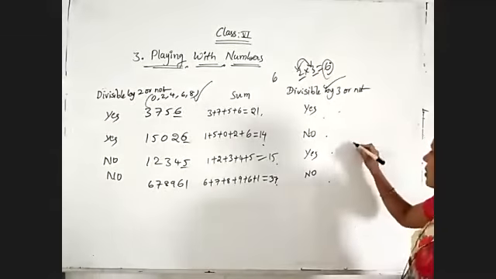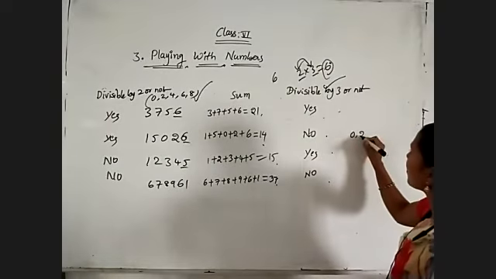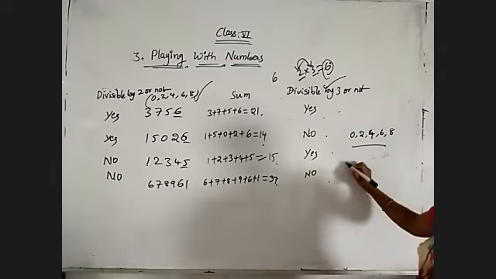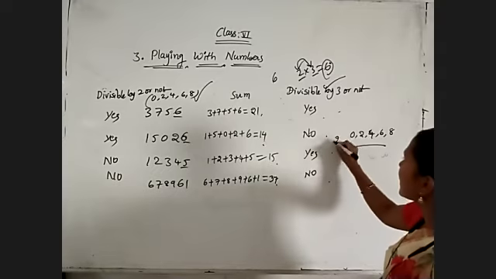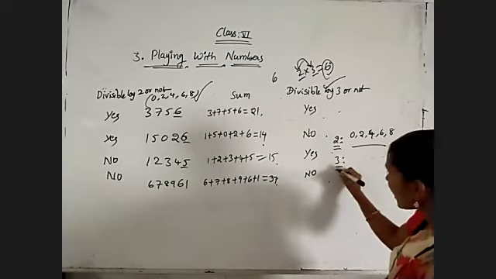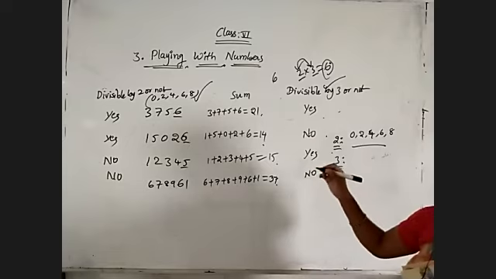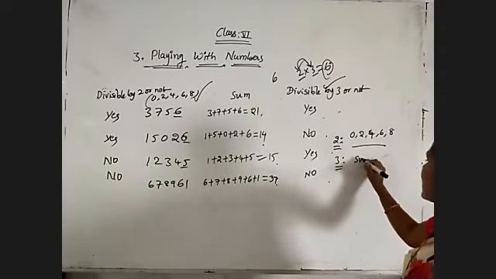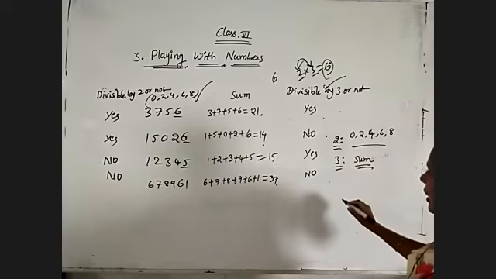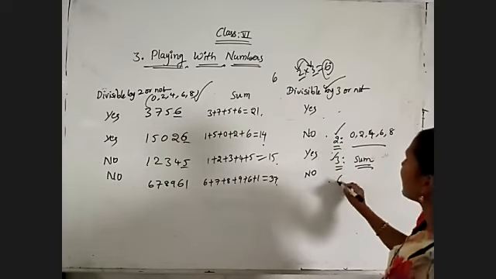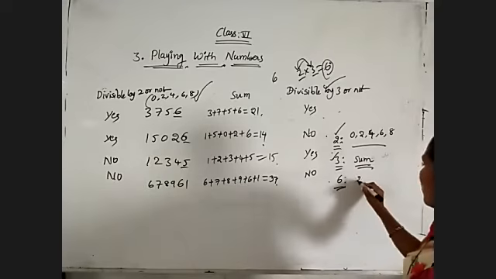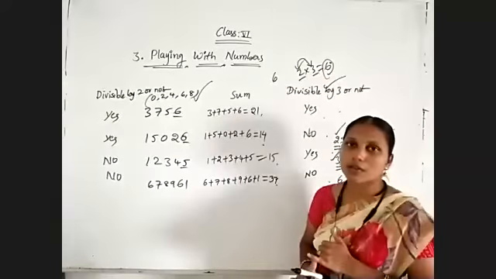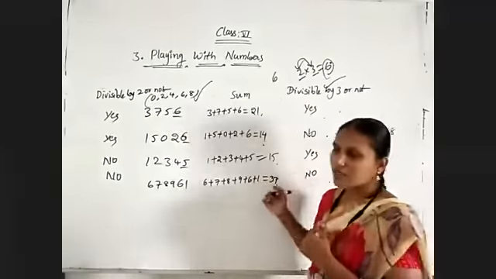So first of all, my divisibility rule of 2 is, if a number is having 0, 2, 4, 6 or 8 in its unit place, then it is divisible by 2. And for 3, what is the divisibility rule? If the sum of the digits is a multiple of 3, then it is divisible by 3. Otherwise, it is not divisible by 3. So the sum we have to check for 3. If the number is divisible by both 2 and 3, then only it is divisible by 6 also. So to decide whether a number is divisible by 6, compulsory we need to check the divisibility rules of 2 and 3. So now 3 divisibility rules are finished.